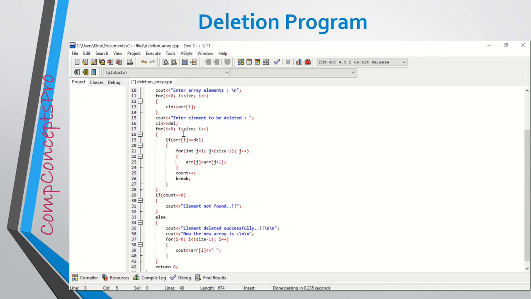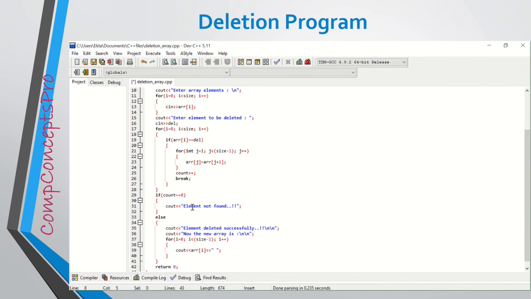That means I will come out of this loop and go to this else part of the program: the element has been deleted successfully. If the count is still 0, that means the program did not enter inside this if condition. This means this condition did not become true at any point in the program.